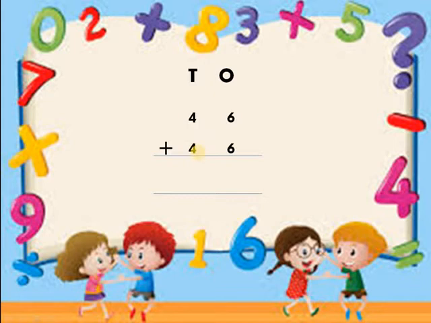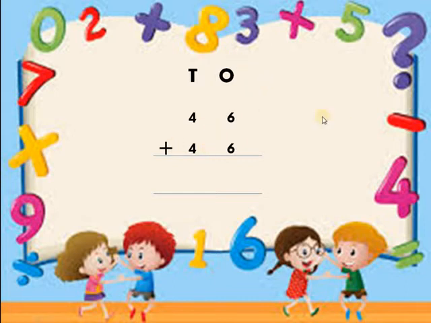This is very important, to write the number in the correct place value. You cannot write this 6 in tens place, or move tens here to hundreds place. No, ones has to be in ones place, tens has to be in tens place, compulsory rule. Okay, to start with, always remember, we have to start from the ones number. Start from the ones number.